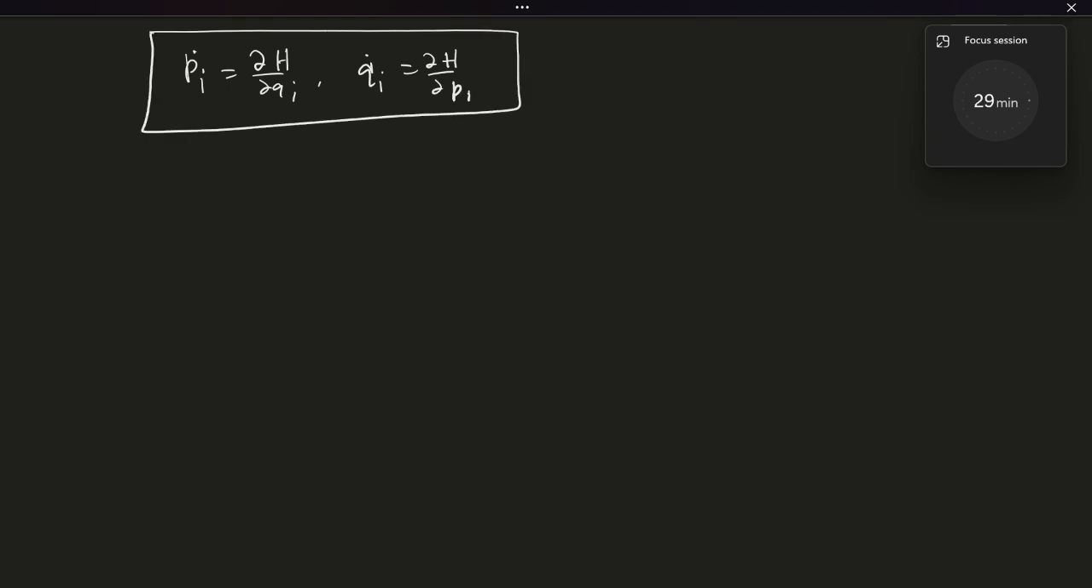So, in the previous video, I formulated Hamilton's equations, where you got ṗi = -∂H/∂qi and q̇i = ∂H/∂pi, which are known as Hamilton's equations of motion, and you also got ∂H/∂t = -∂L/∂t. Okay, now